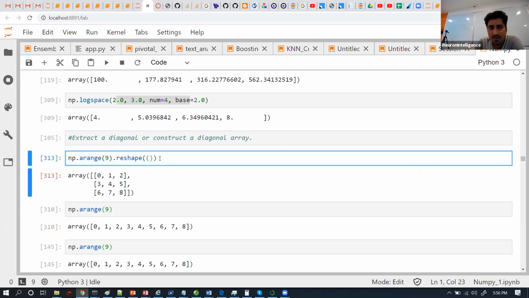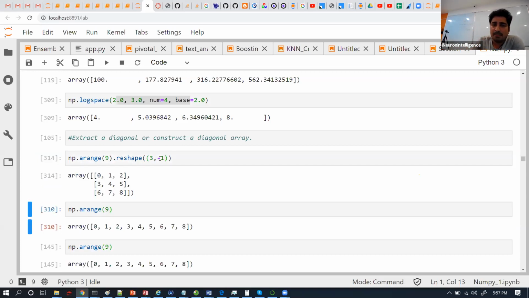Now what I can do is, suppose I have written 3. Now I can write minus 1 over here. I have given the number of rows as 3, and the number of columns I am supposed to give is 3, because only then will it equal the 9 data points that we have inside my array. If you give minus 1 over here, by default it will understand what the column size should be. If I execute it, you will get the same output. If I place minus 1 over here and give 3 over here,